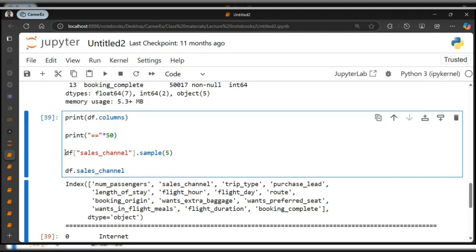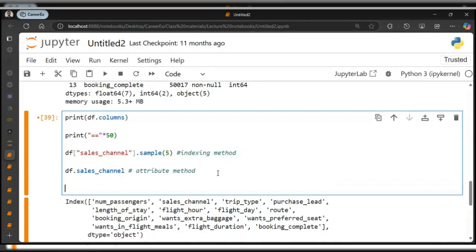So these are two ways you can get a particular column: either by using the indexing method, or by using the normal attributes method. You can call your column this way, or this way. Now one of the perks of using the indexing method is that you can call multiple columns in this format. If I come here and say df,